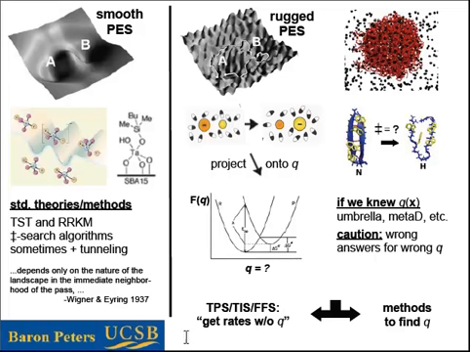Well, there's been a whole group of methods that say we don't need the reaction coordinate. Let's get rates without knowing the reaction coordinate. And then there's the methods that I'm going to tell you about today, which are aimed at trying to find the reaction coordinate in a systematic way. And actually, these rely on some of the foundations and methodological advances that were developed for doing this. So they're not completely unrelated directions.